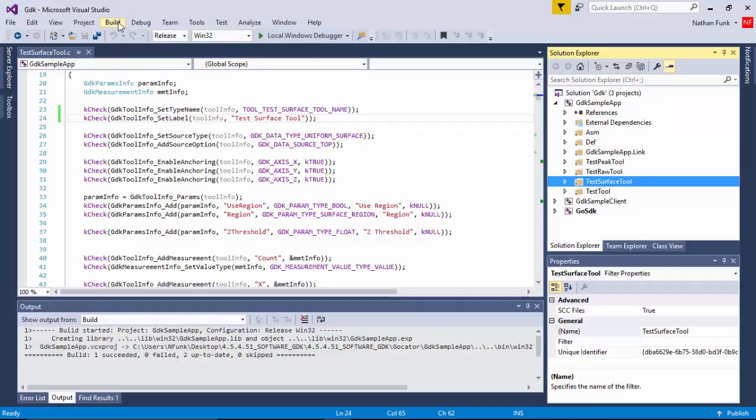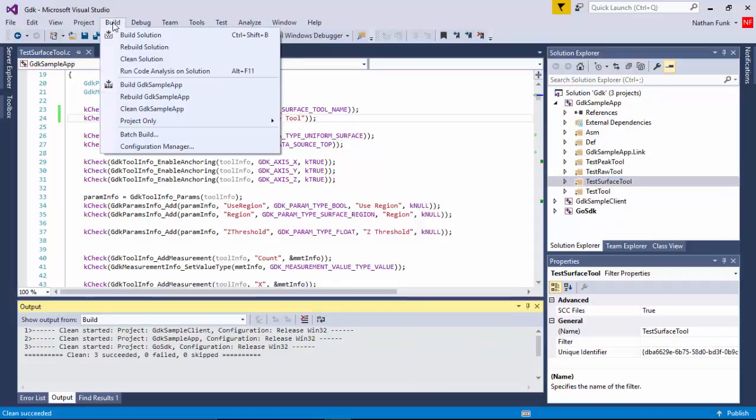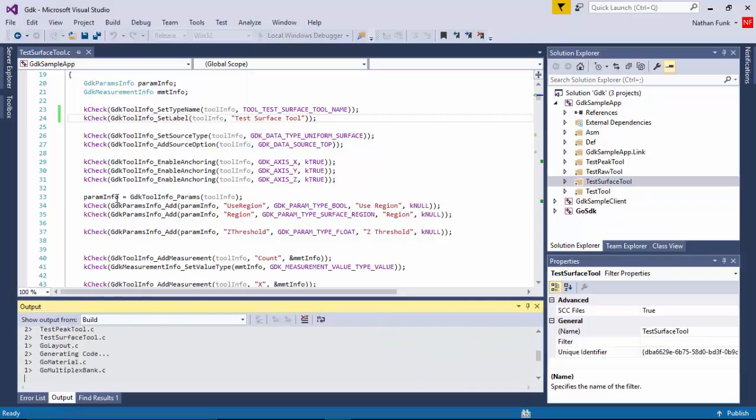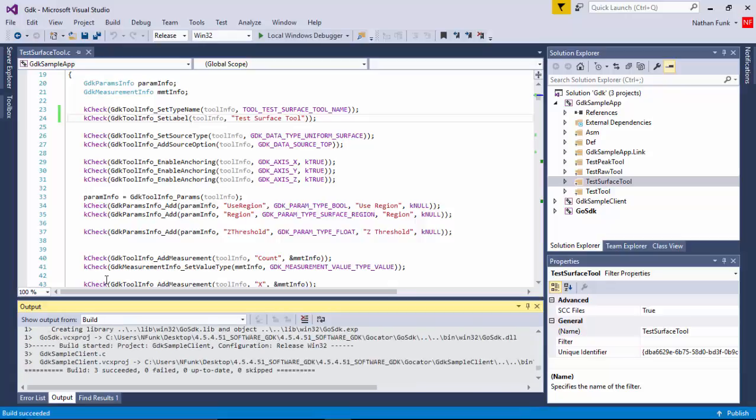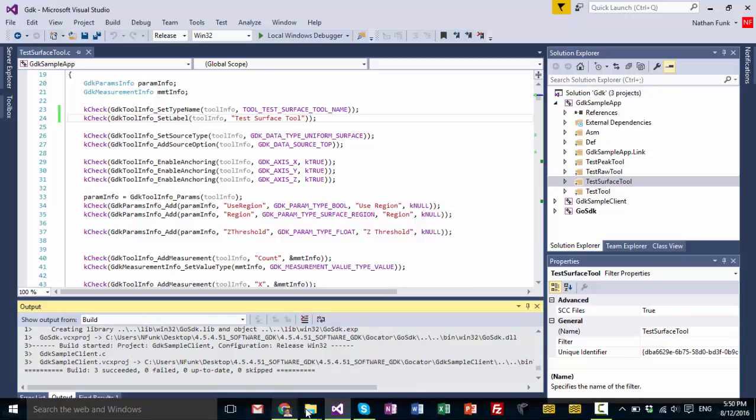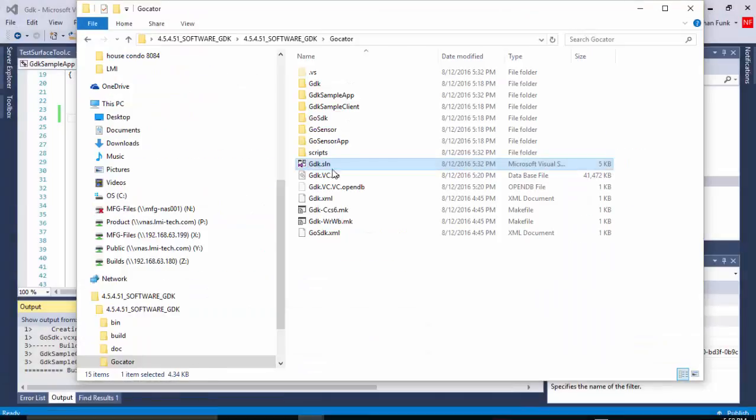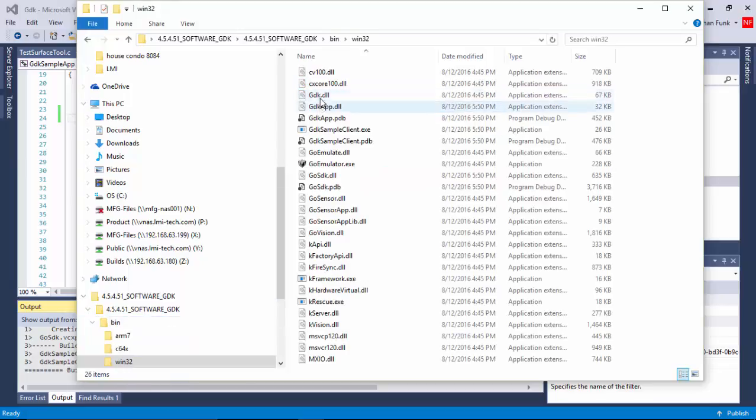So I'll first clean my solution here and build it. So it's going through the whole GDK package, compiling all the code. And now that it's done, I have a new folder here in the bin output, and it's generated a GDK app.dll, which will get loaded in the emulator.